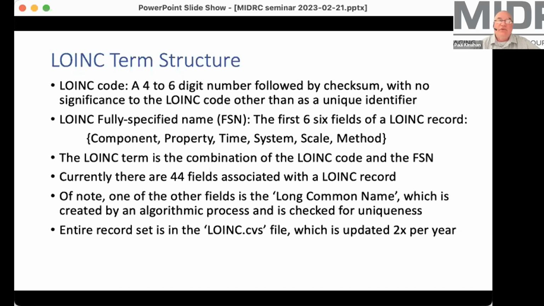So if for some reason you're looking for a code, and it does happen that there isn't one that describes things precisely like you would want, you can propose it and they will review it. And if it fits the system and it's properly justified, it'll get added to the database.